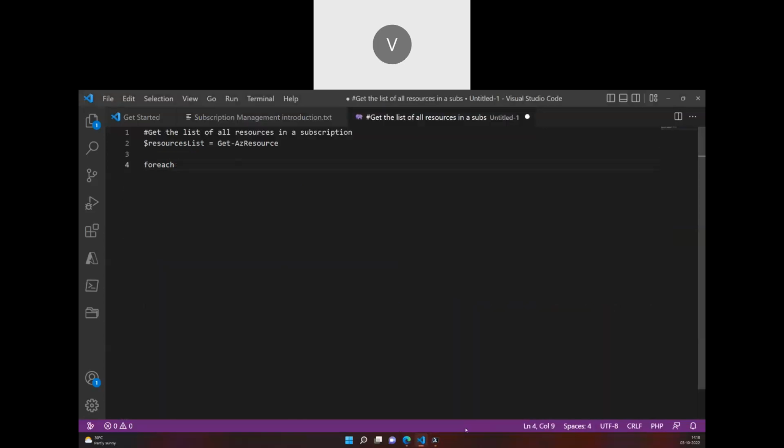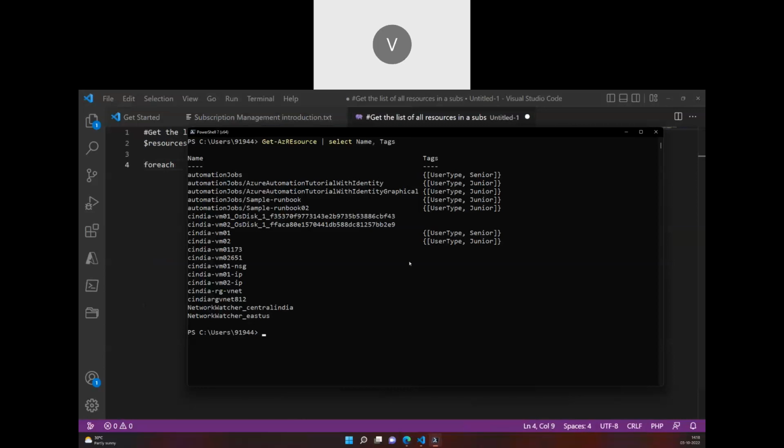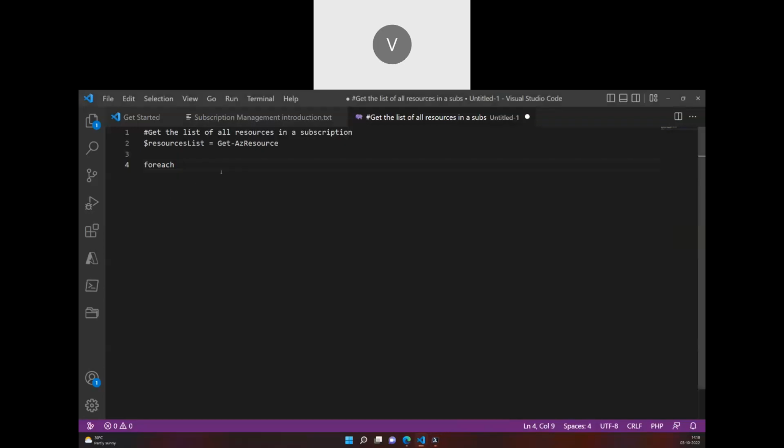Now, anyways, if there is no value to that, we'll consider it as a junior, and we are going to delete those resources equally. So before I delete it, I'll go back here, and I'm going to mention for each resource in resource list, I'm going to take a value in that, and I would like to get